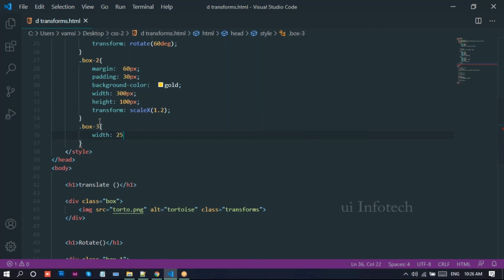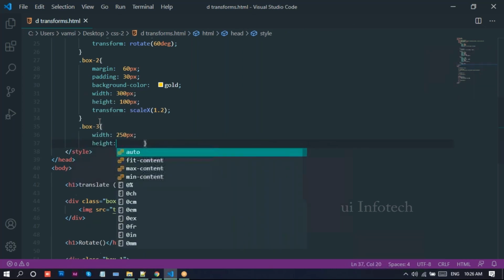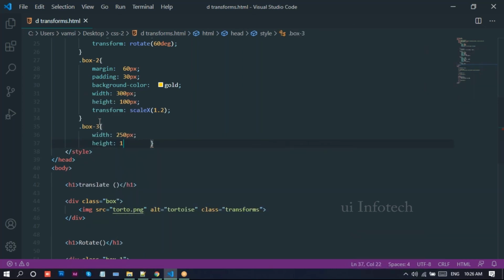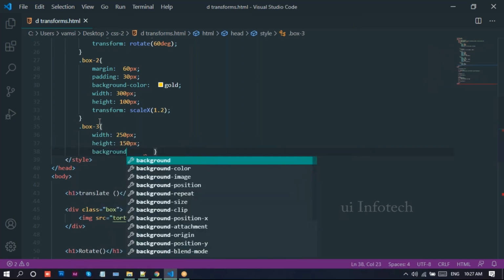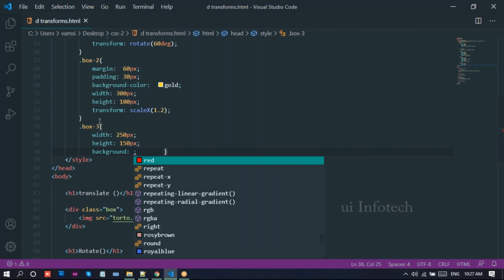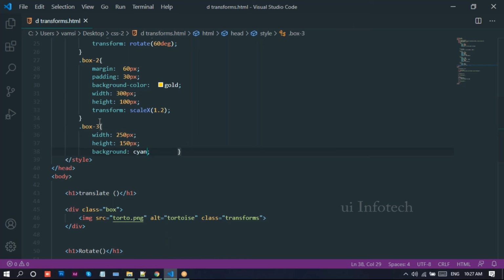I need 250 pixels. Height I need 150 pixels. And background color. Here I'll write cyan. I'll take the cyan color.